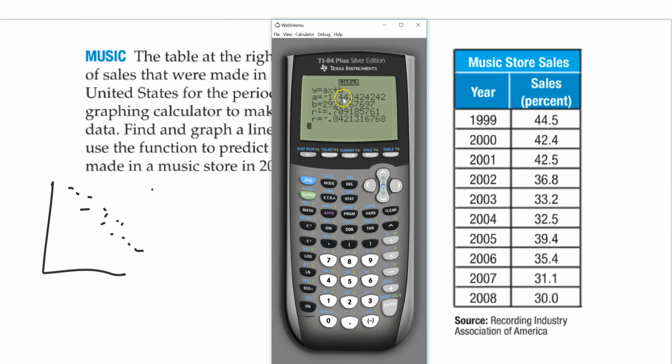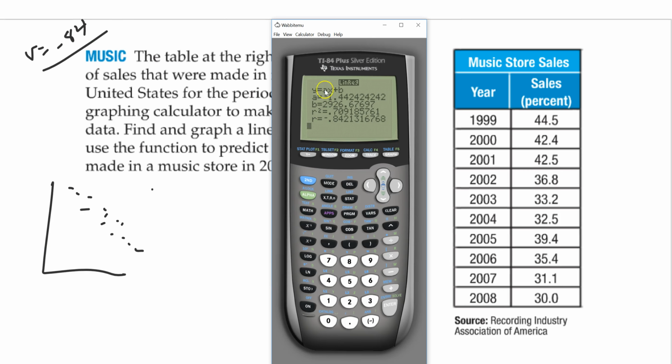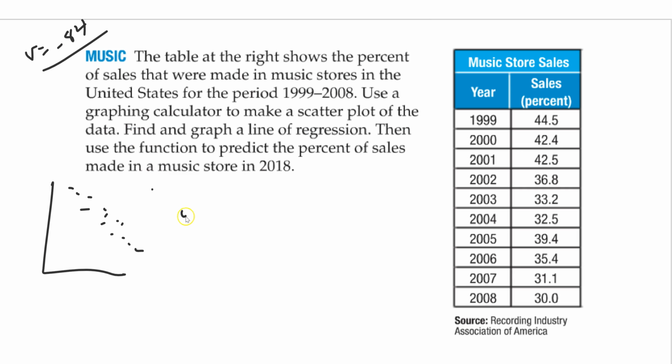So there's my equation, AX plus B, to give me what the A is. It's like negative 1.4. Give me what the B is. And they give me my R. Look at my R this time. Negative 0.84. Not the strongest. It's still a strong negative. It's not as strong as last time, but still strong negative. Again, I have my equation. Y equals negative 1.4 X plus